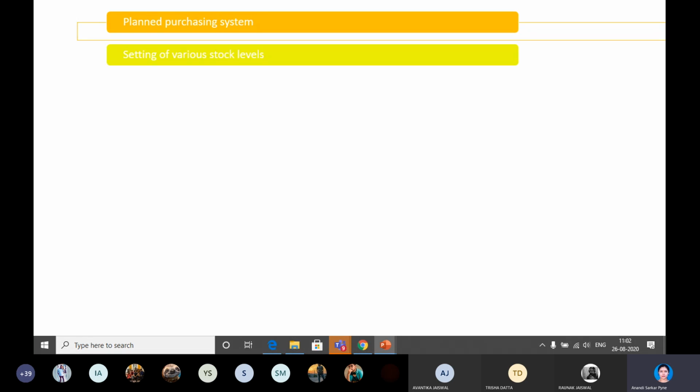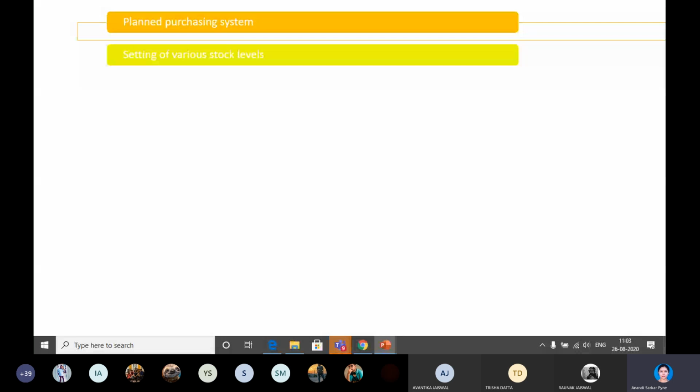Now, the reorder level provides for the needs of materials during the lead time. It helps to meet the demand-supply gap. The quantity of stock represented by the difference between the reorder level and the minimum level should be sufficient to meet the demands of production during the lead time. So the time needed for delivery and the rate of consumption of materials during that time are important factors for setting this level. Maximum consumption and abnormal supply of materials must be taken care of.